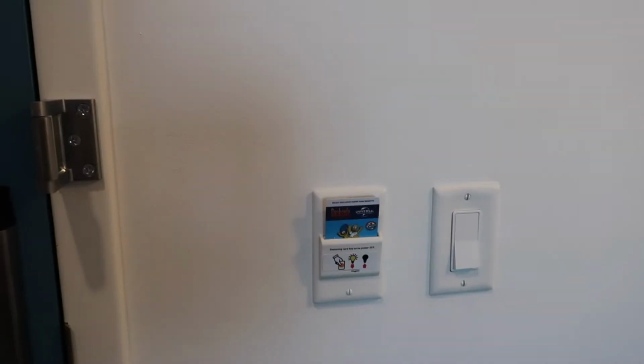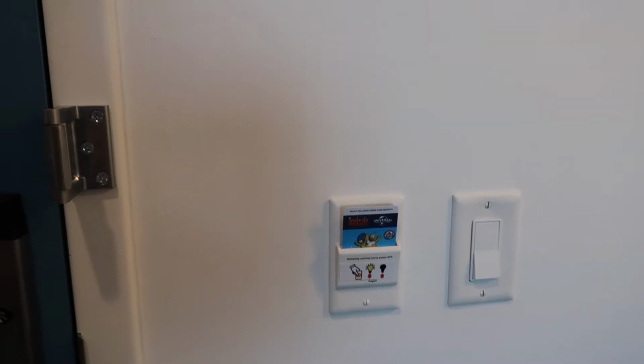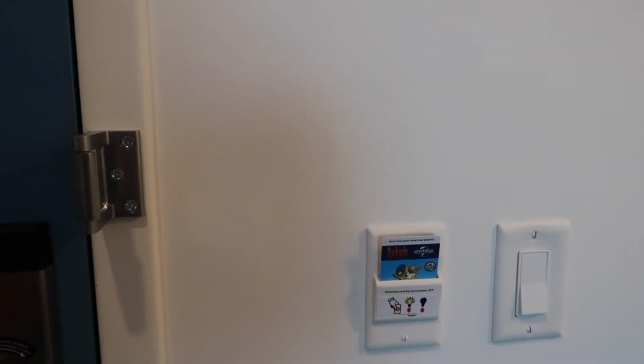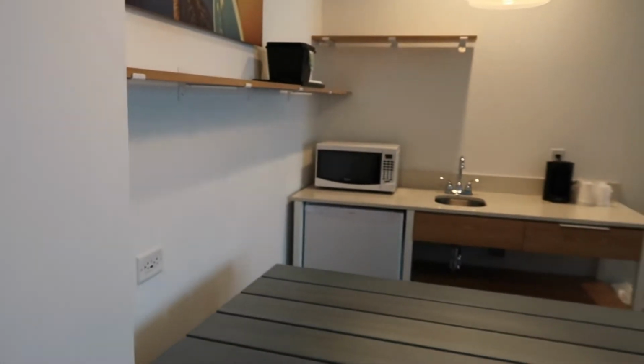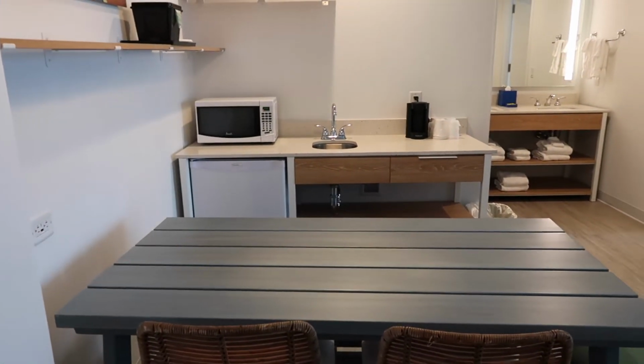We're doing a room tour of our room at Dockside. This is room 11044 on the 10th floor. First to note, you have to put your room card in there in order to activate the lights. When you walk into this room, directly to the left, you have a kitchenette with